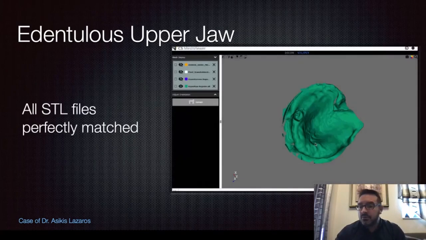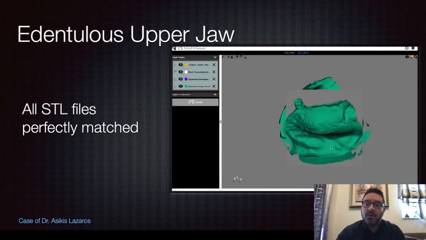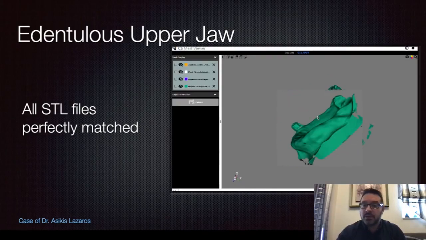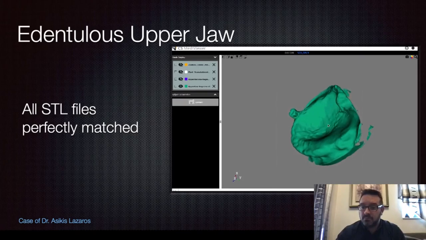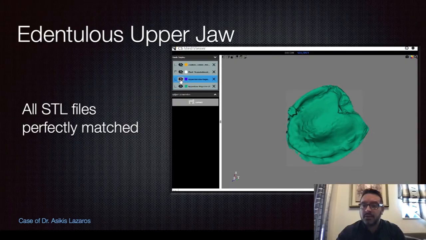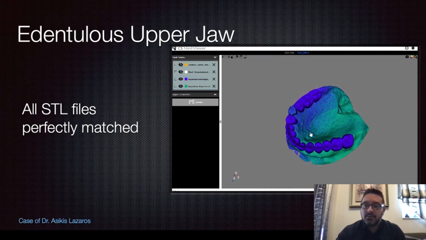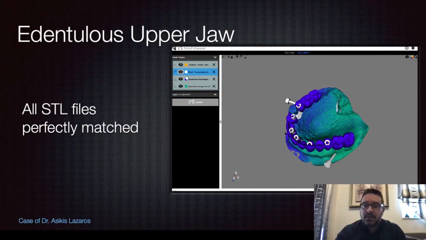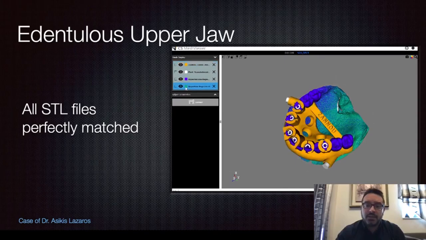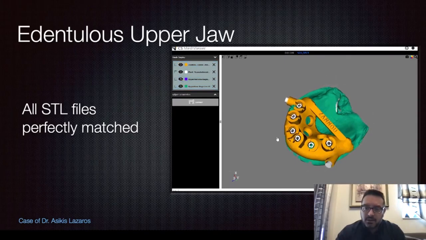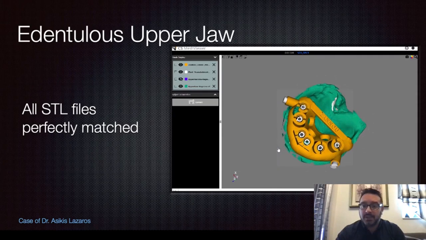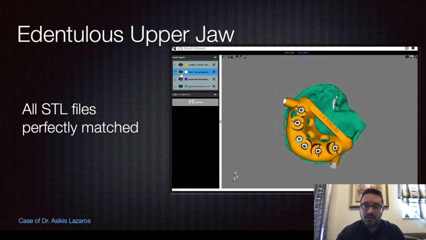Before going to choose the Octa abutments, I will show you how all STL files are perfectly merged. This is the initial STL file from the jaw of the patient. This is the provisional that we took from the lab. These are the scan abutments that came out from the hardware software. And this is the final STL file that we get for the surgical guide. As you can see, there is a perfect fit if you overlay one STL over the other.